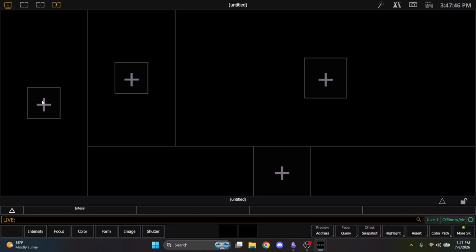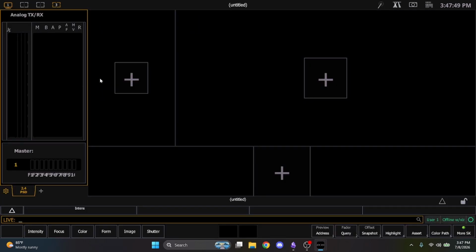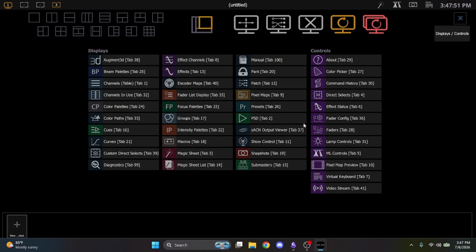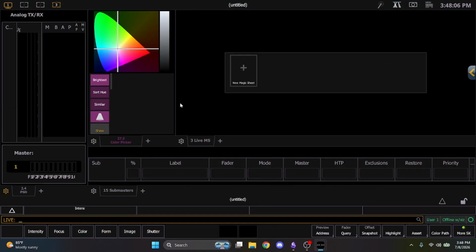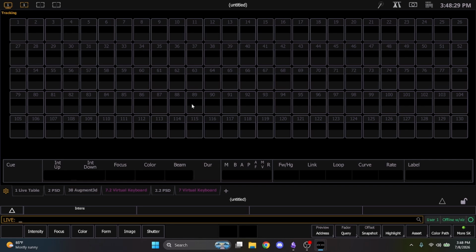And then once you're done, you can go in and add the different things. So your cue list, color picker. I use magic sheets a lot. So where are magic sheets? So here, and then this could be something else like submasters. And you can have control of all those and set it up how you think you're going to use it and utilize it. So now we're going to go in and talk about each one of the devices a little bit,